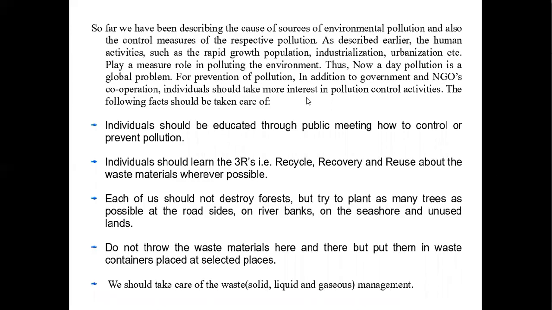And what is the role of an individual in prevention and control of pollution? So, individuals should be educated through public meetings on how to control or prevent pollution. Individuals should learn the 3 R's principle. Now it is the 5 R's principle: reduce, reuse, recycle, recover. And each of us should not destroy forests but try to plant as many trees as possible, and not throw waste material here and there, and proper waste management is needed, and we should take care of the waste,